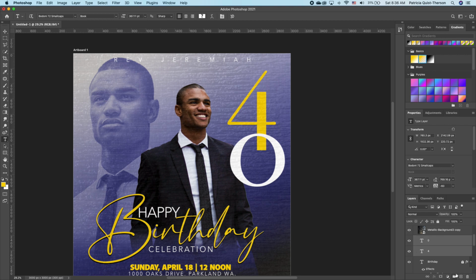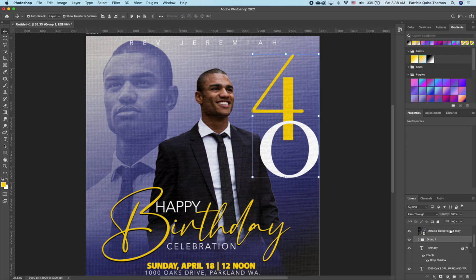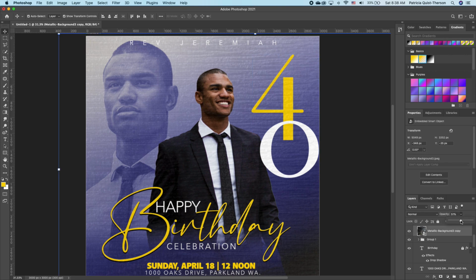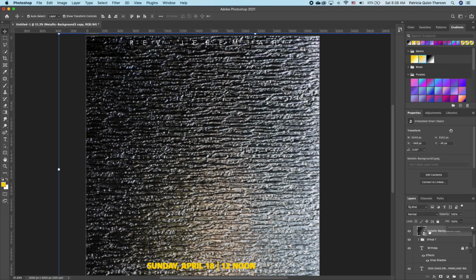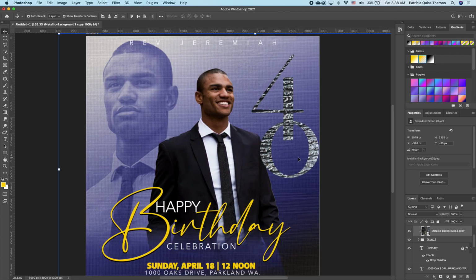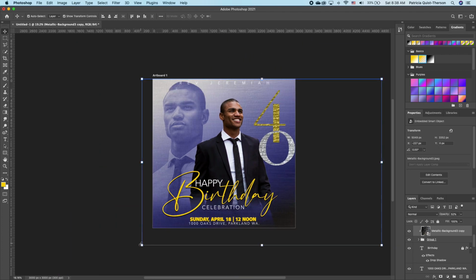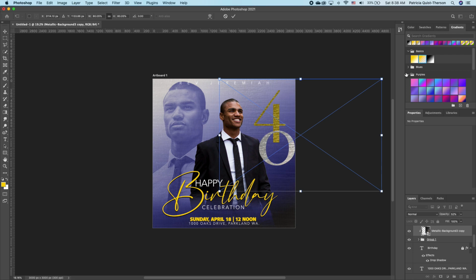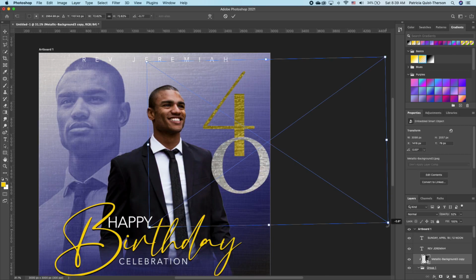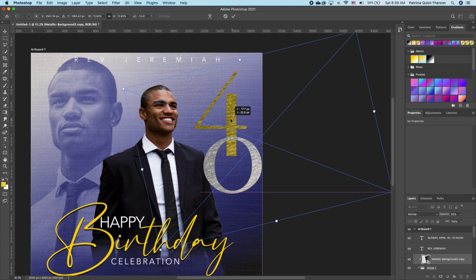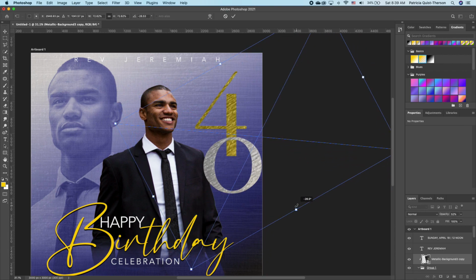Select both layers, put it into a group, click on your top image, make sure that you take the opacity of that all the way up to the top. Now we want to clip that image only to the group. So hold down option, clip it, and you notice that it only applied to your font. Now we want to go ahead and take the opacity down. So what I'm going to do now is I can go ahead and move my image within my font, and I can even go ahead and also scale it down. I can click back on my image and I can even rotate that so we get a diagonal texture effect